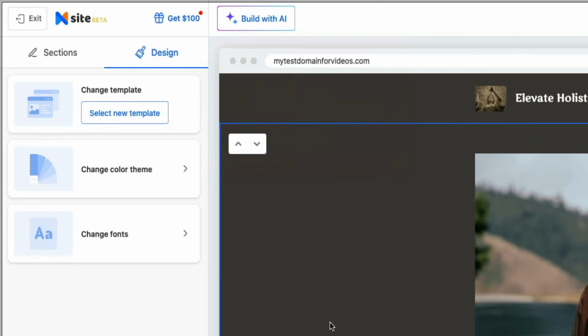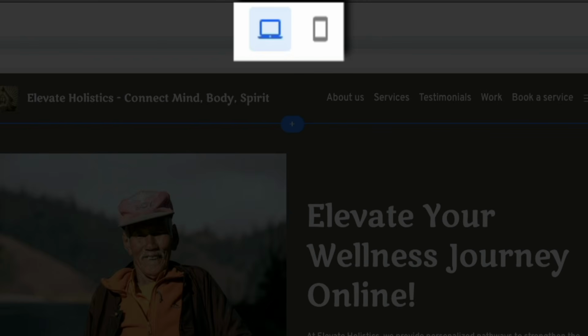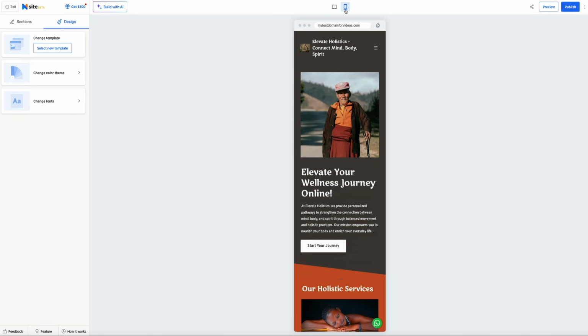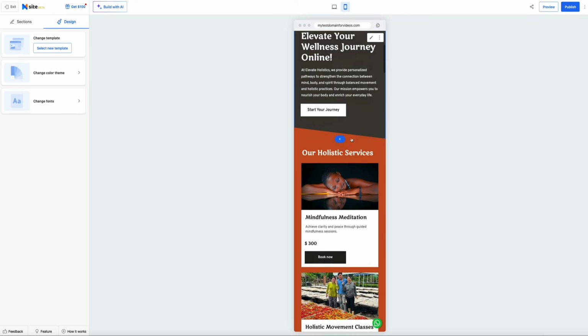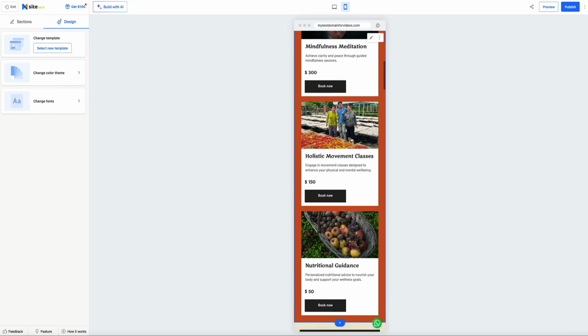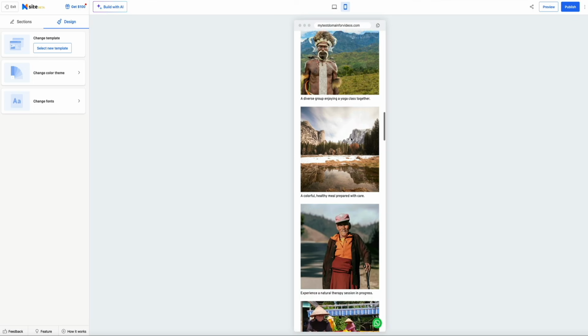Next, let's talk about the mobile and desktop toggle. So this feature lets you switch between editing how your website looks on desktop and how it appears on mobile devices. This is an important step because websites often display differently depending on screen size. A layout that looks great on a large monitor might not fit well on a phone, and by toggling to the mobile view, you can make sure your images, buttons, and text are all aligned and easy to read on